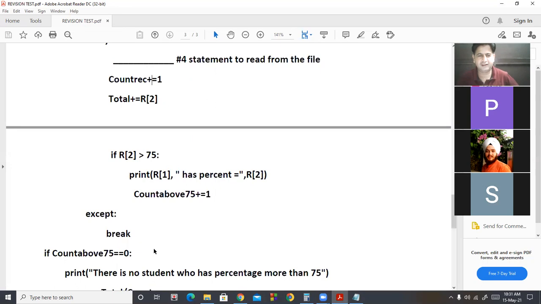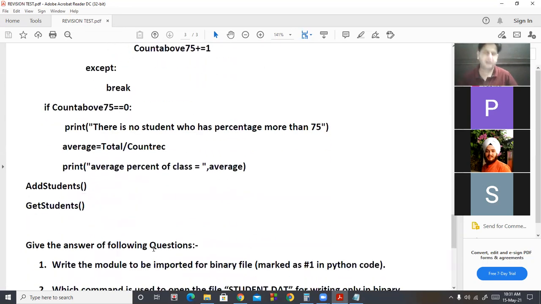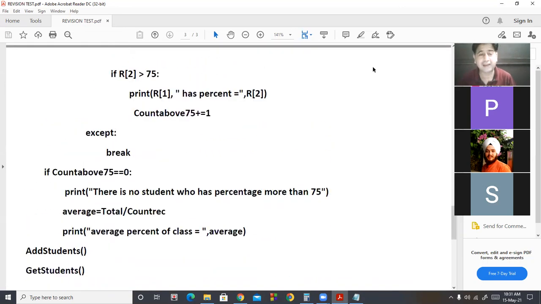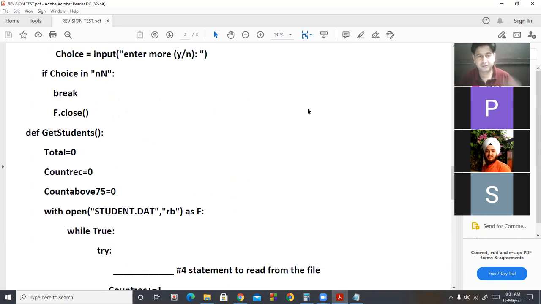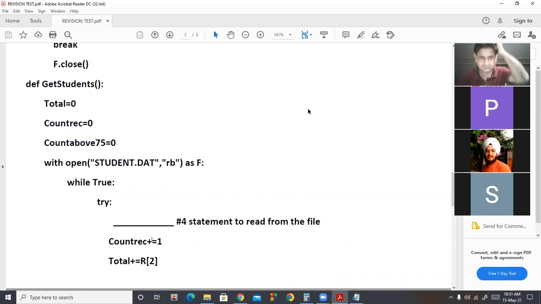So next, these are your questions from binary file. So any doubt in this? Students, there is another way of using your file object, like this.